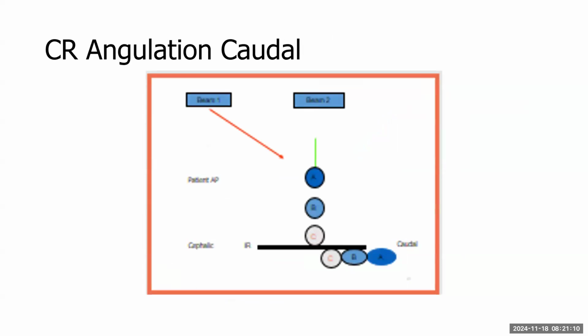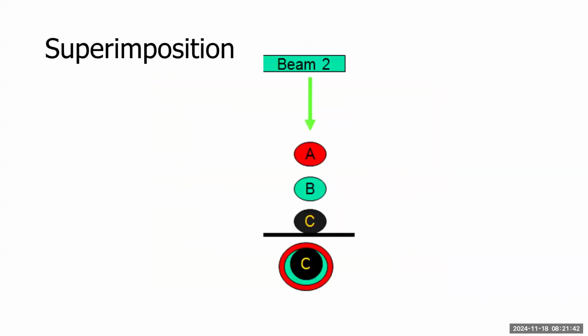All right, so what this is saying is when we angle with beam one, and it's a little fuzzy, beam one is over there on your left, and we have structures A, B, and C that are all lined up together. So for example, things like the heart and the sternum, the heart, the spine, those would all be superimposed structures. Or the facial bones. You know, so you have your orbits and then